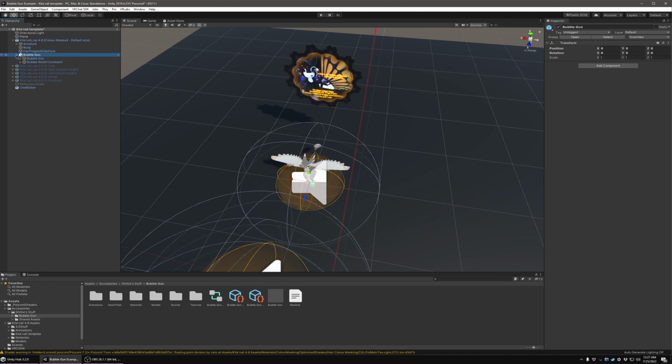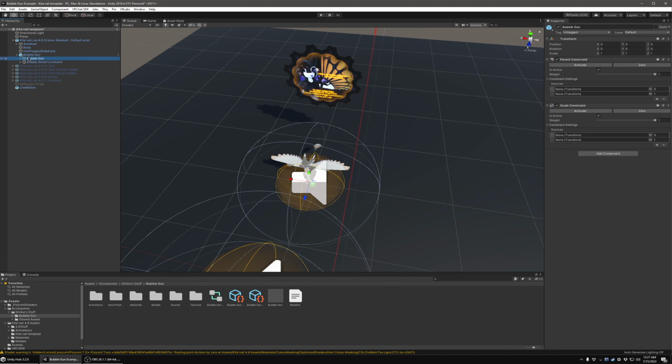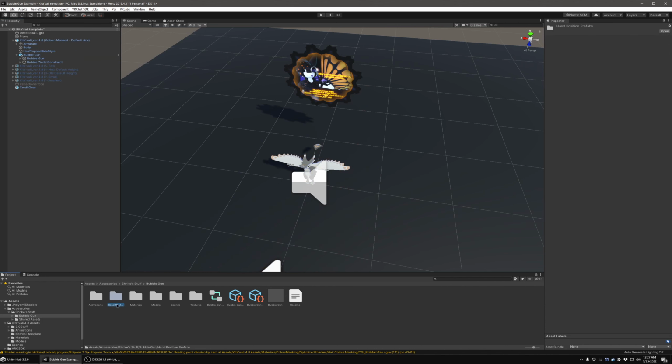Then you want to expand this right here and select the bubble gun. Then over to the side, you see these empty constraint sources here. These are going to need to be filled. I have presets, positions for most of the common Avali avatars. They're in this hand position